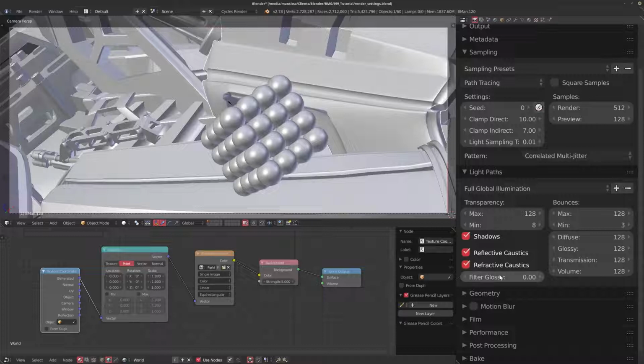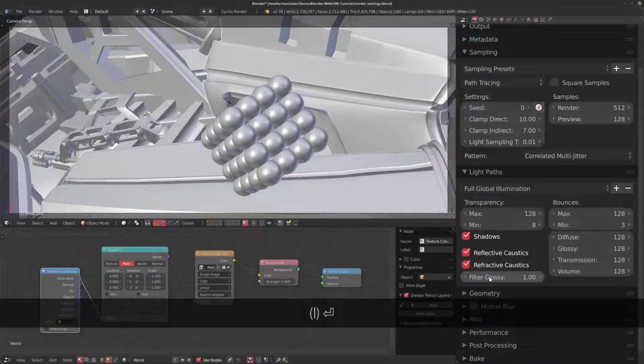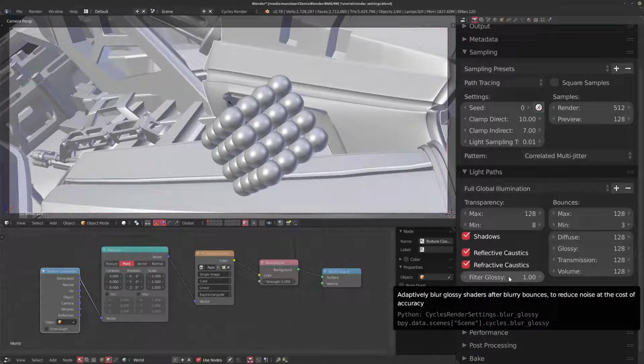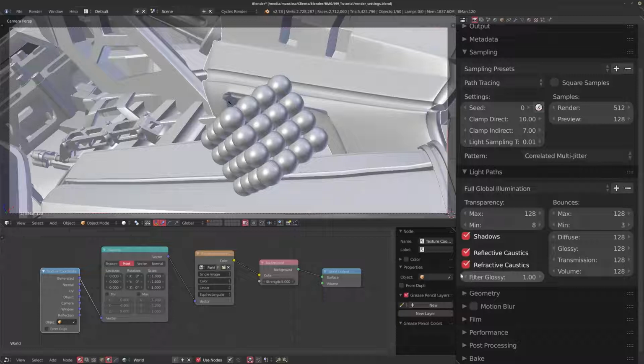Now, one last setting that I want to talk about is the filter glossy. If you've got glossy surfaces and you're still seeing fireflies in some of them, or a lot of noise, you can set the filter glossy maybe up to 1 or a little bit higher to get rid of that. But just keep in mind that it will, I guess, blur out your glossy reflections a little bit, so sometimes you have a little bit of loss of detail. And with anything that's render related, it's always a bit of a give and take between your final render result and the settings that you're using.